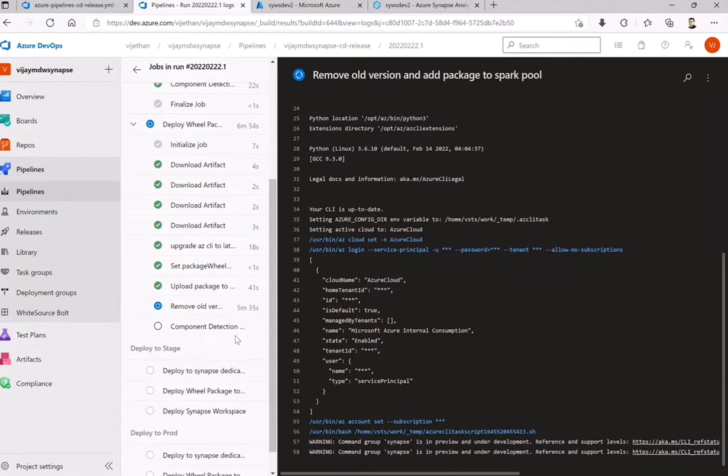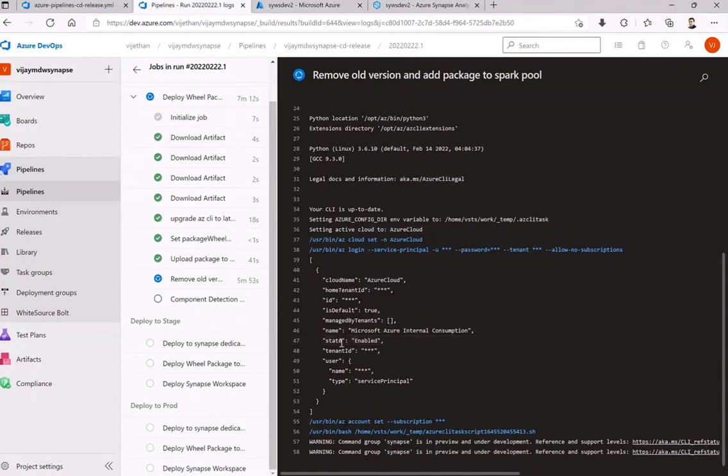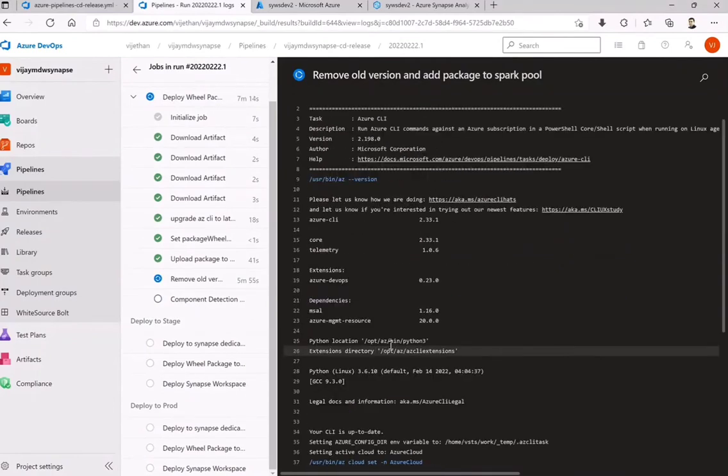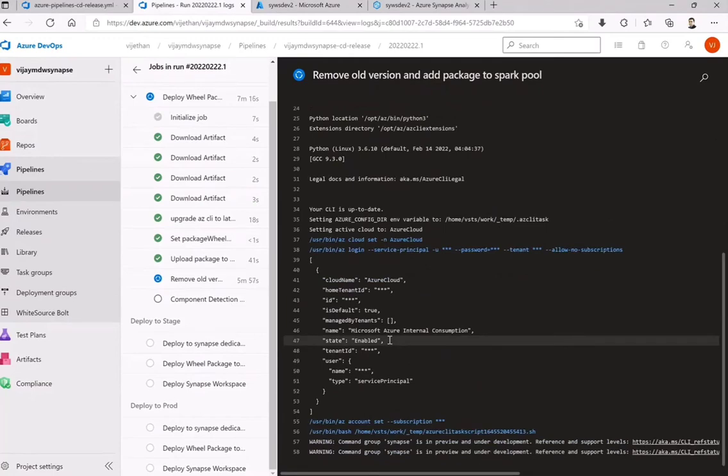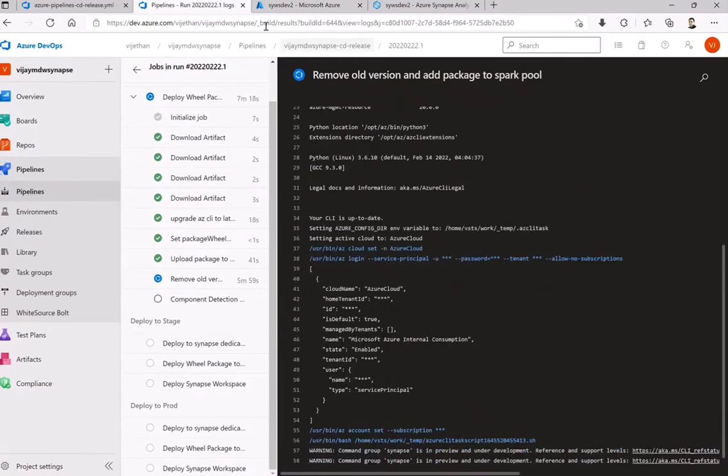Integration requires a base setup first of all, which I will show you once I finish this pipeline. That base setup is required for us to run before we can actually run the pipeline on this particular modern data warehouse. So let's wait for this to finish.